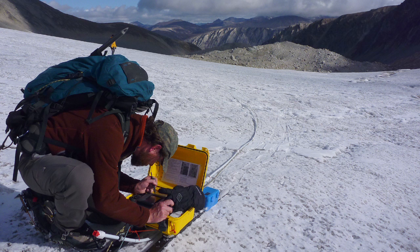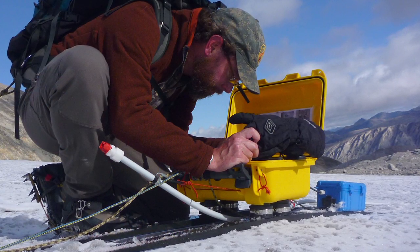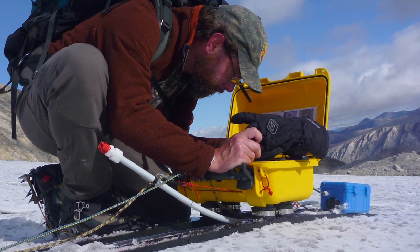So the special equipment that we need for this project is a ground penetrating radar. And what this piece of equipment does is it allows us to get a thickness of the ice in order to generate a volume calculation. And as well as using the ground penetrating radar, we use a GPS, so Global Positioning System. And this allows us to measure the perimeter of the glacial ice and calculate its change over time as a